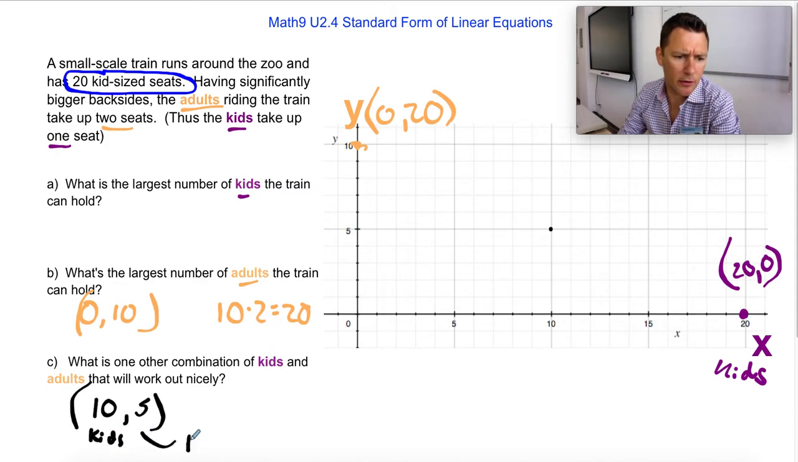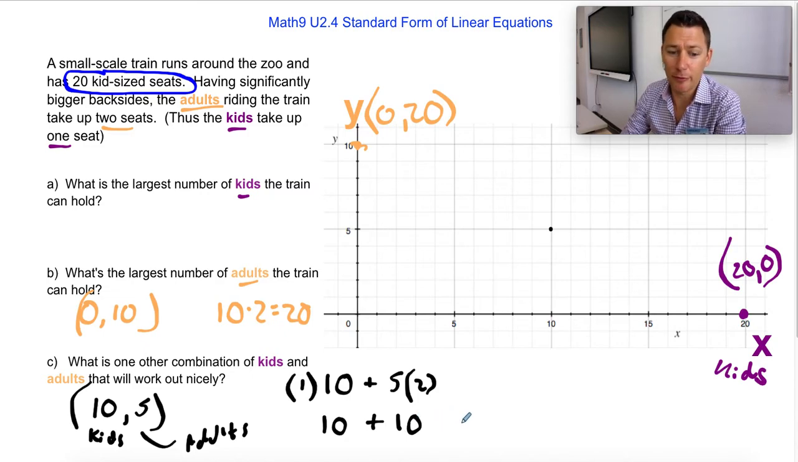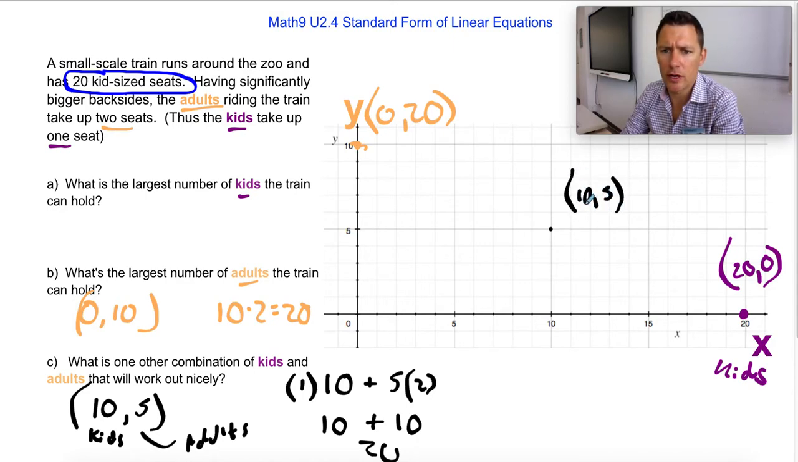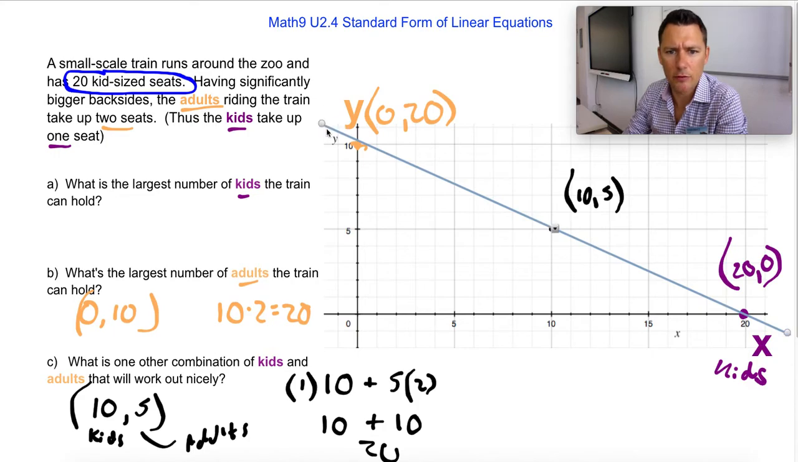and this is the adults. So you could have 10 kids and 5 adults. The kids take up 1 seat each and the adults take up 2 seats. So really you have 10 filled by the kids and 10 seats filled by the adults. So in total you have 20. So this point, 10 comma 5, would also work, right? 10 kids, 5 adults. And you'll notice, surprise, surprise, it's also on a big fancy line that hits all those points,